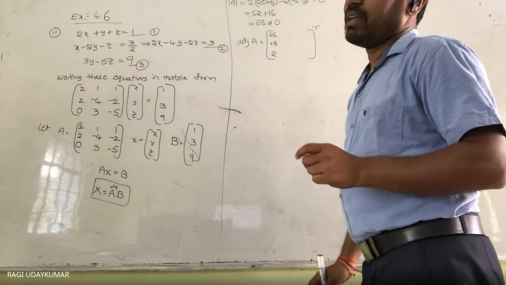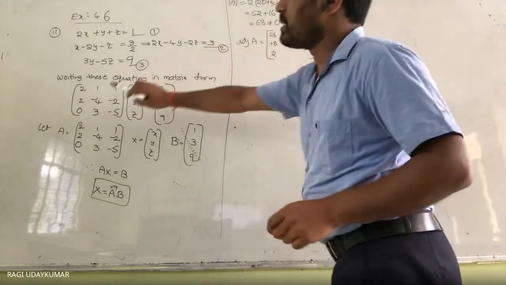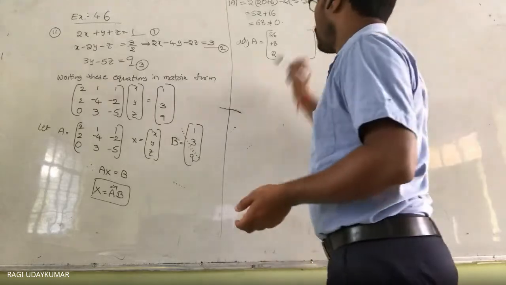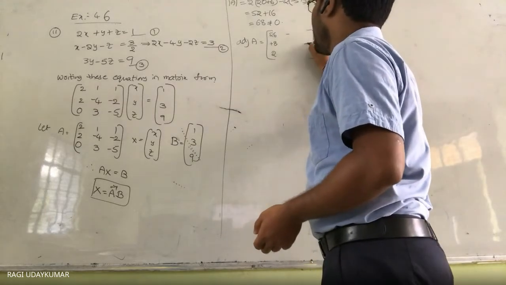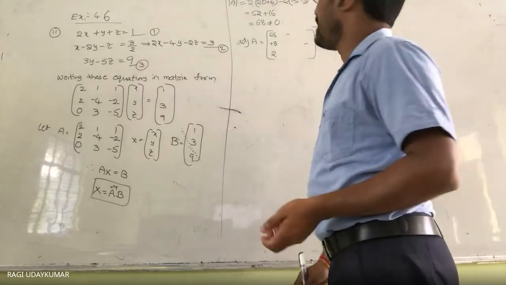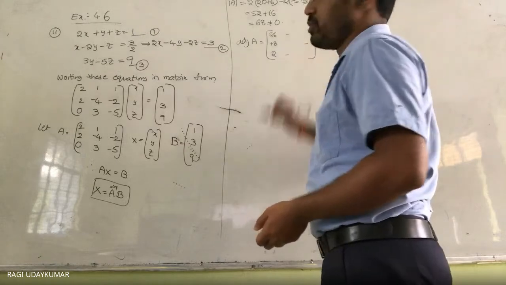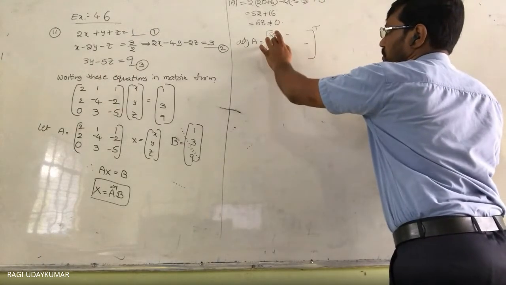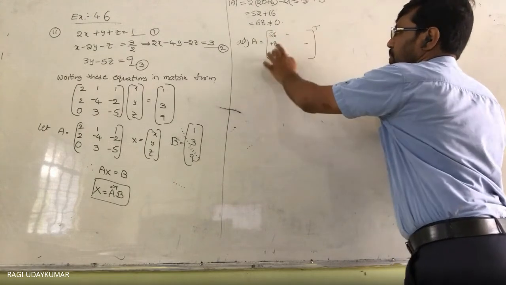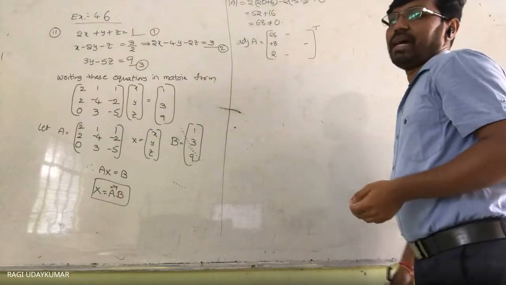Actually, whenever you are finding a cofactor, this is not the cofactor. Minus into that number is the cofactor. So it is better to write the minus signs first whenever you write here. Here also minus, in these 4 places there is minus. Plus, minus, plus, minus, plus, minus, plus, minus, plus. Like this you find out the adjoint of A.